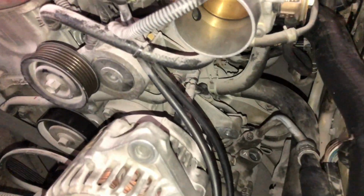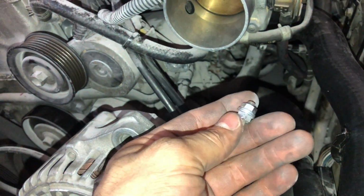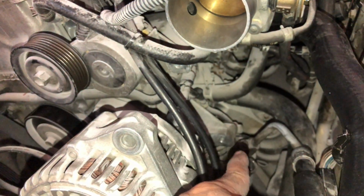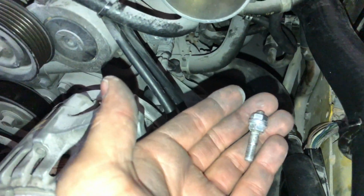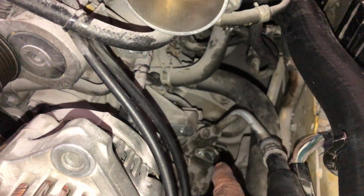So remember the 2 little nuts that I showed you earlier? Those 2 little nuts, you're gonna have to remove this stud out of your AC compressor in order for the little Allen keys to bolt up. Now, you cannot go ahead and put the nut on top of the